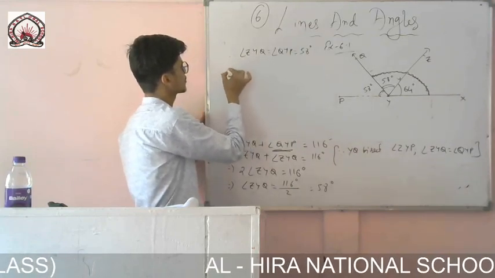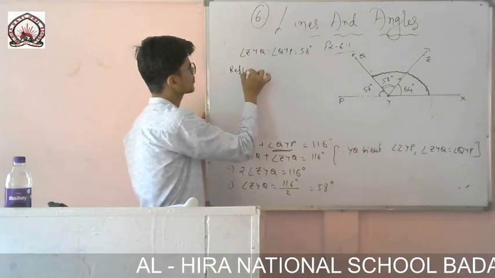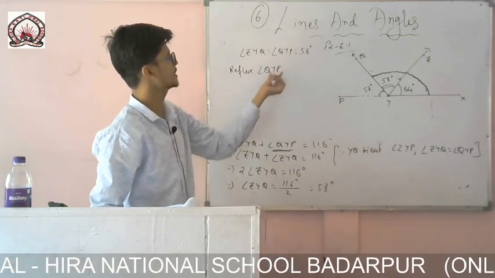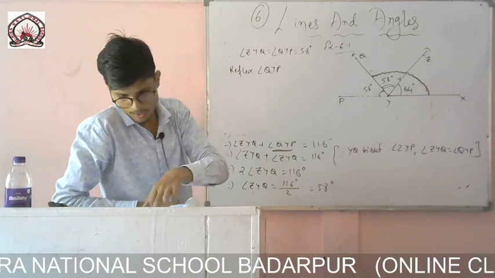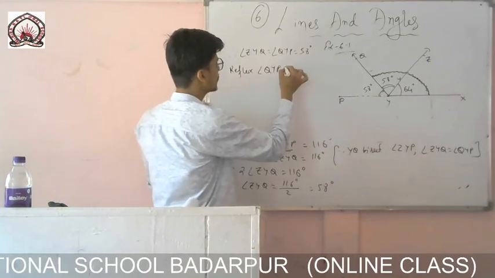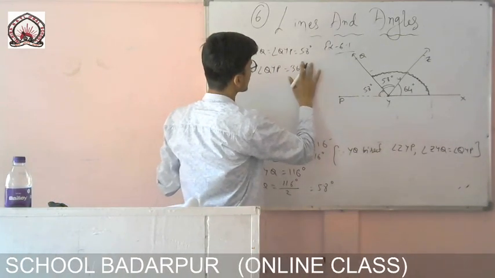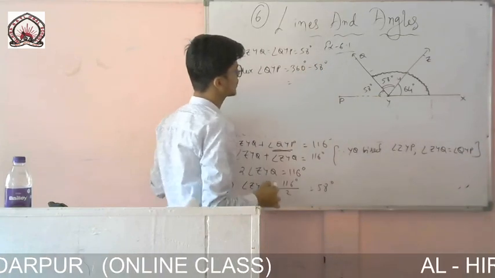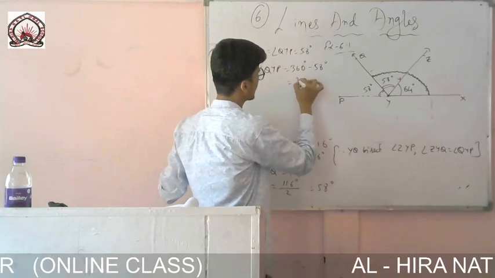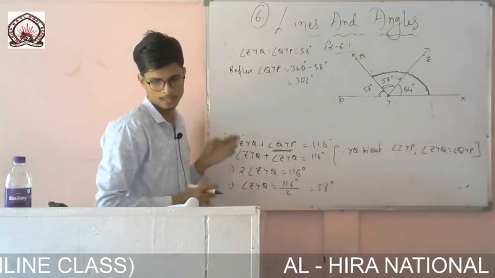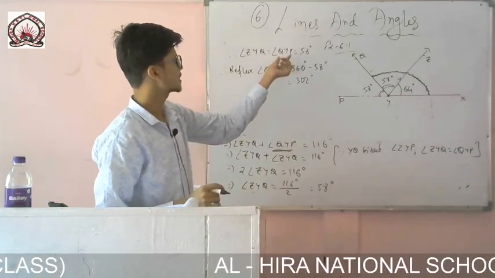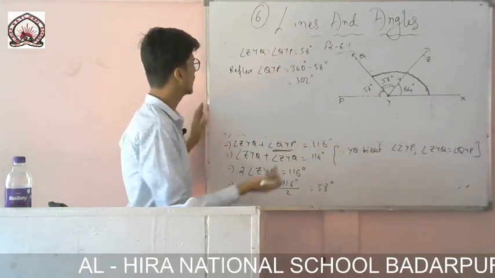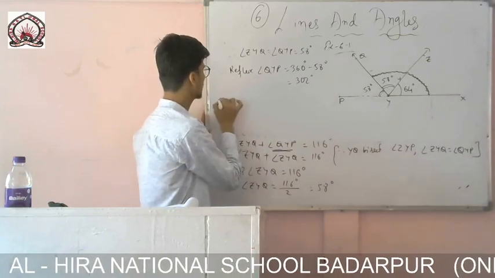Reflex angle QYP, we know QYP. So QYP I have got. So reflex angle QYP will be equal to 360 degrees minus 58 degrees. So it will be 302 degrees. Reflex QYP, so we have got 58, so reflex angle QYP will be equal to 302, and what we are supposed to find, and therefore angle